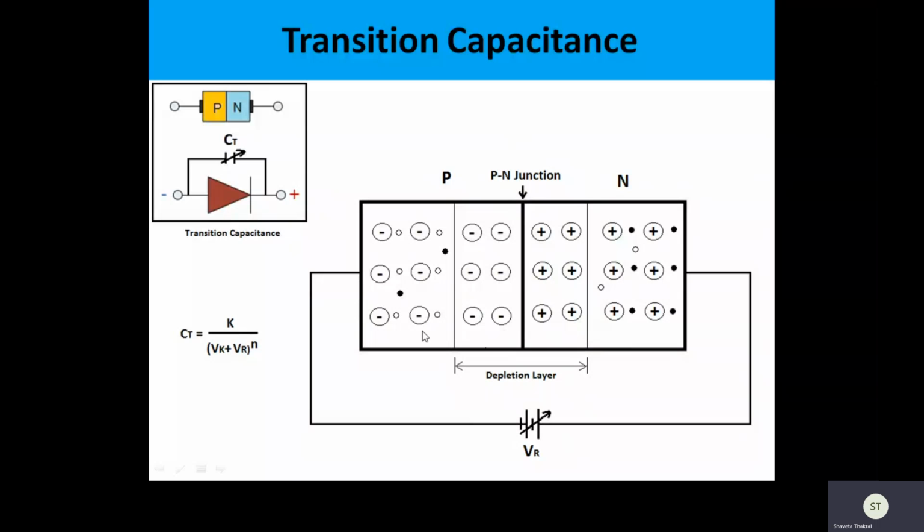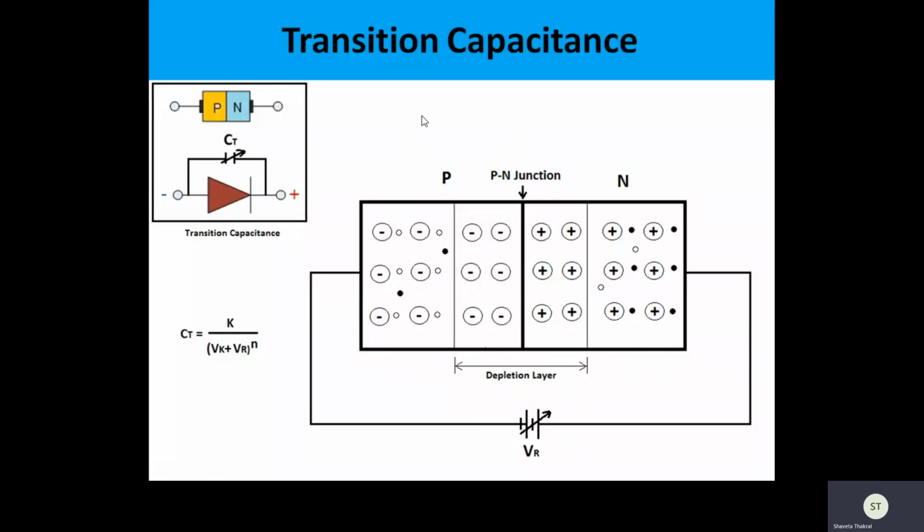And the P-type material and the N-type material will act as the two parallel metallic plates of the capacitor. So how do we define a capacitor? Two parallel metallic plates separated by an insulator or dielectric material. So the same phenomenon is happening here. The P region and the N region are acting as the two parallel plates, and the depletion layer is acting as a dielectric or insulator material. So this behavior is the same as the behavior of a capacitor, and this particular capacitance is represented as transition capacitance,